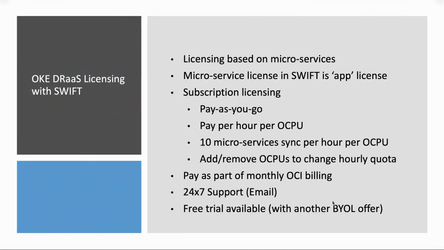Now, most of this we already covered. So this is a subscription offer. So it's a pay-as-you-go solution. We do charge typically based on microservices. So the quota you get is based on OCPUs. Every time you deploy a Shift from Oracle Marketplace listing, which is DR subscription, you will get 10 microservices for DR per hour. And if you want to increase or decrease that quota, just add or remove OCPUs to